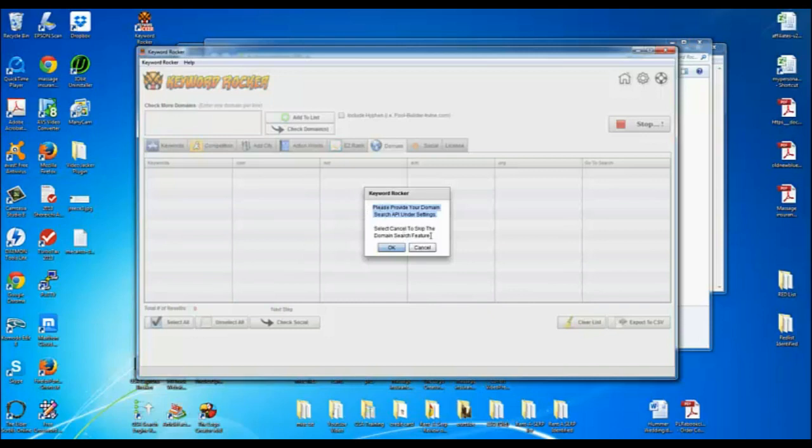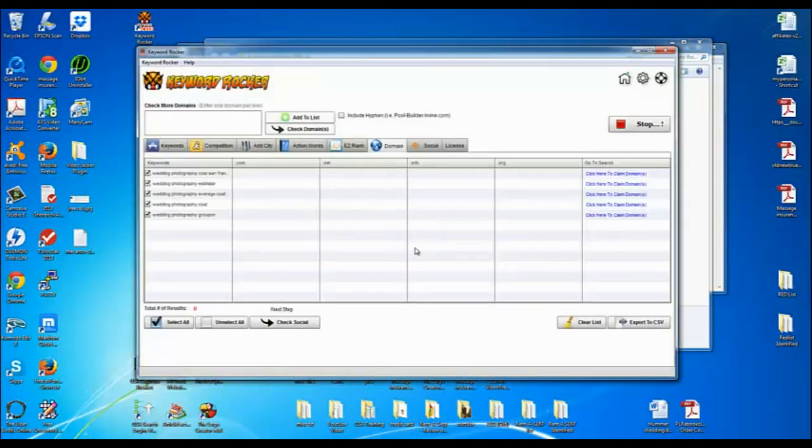But the whole idea is once you do that, it's going to take a look at your keyword and get the exact match version of it and see if the .com, the .net, the .info, and the .org are available without you having to go to Namecheap.com or GoDaddy.com. You could just claim the domains directly from within Keyword Rocker.